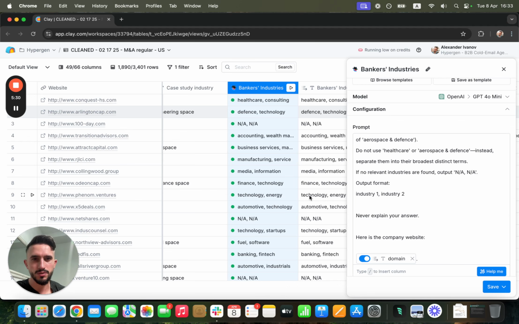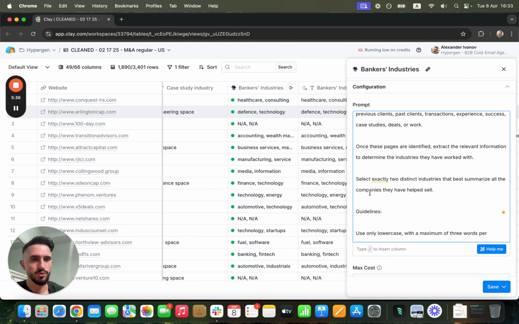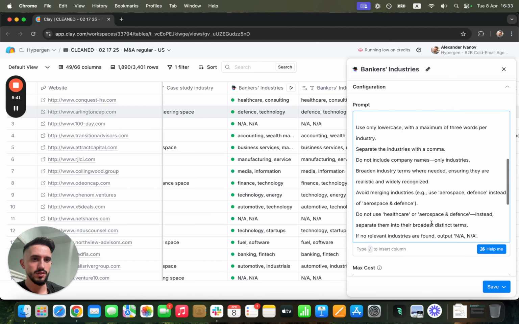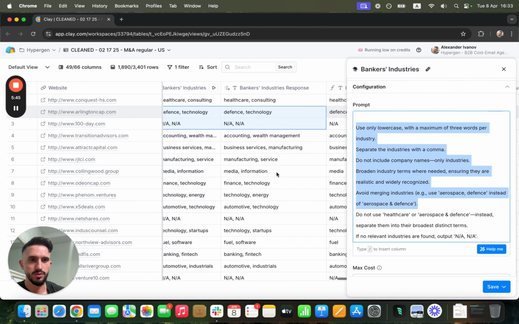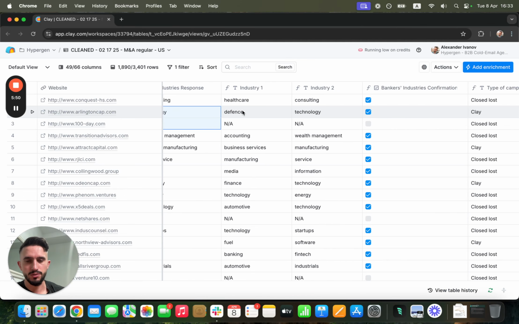Other websites, like SaaS, you'll find a myriad of a lot more information. Here we're specifying: go to this page, go to that page, check this, check that, and also giving specific guidelines. You can copy this for other tasks you might be doing. Same thing, we're splitting based on the two industries that we pulled out, and now all these variables we can apply to our copy.